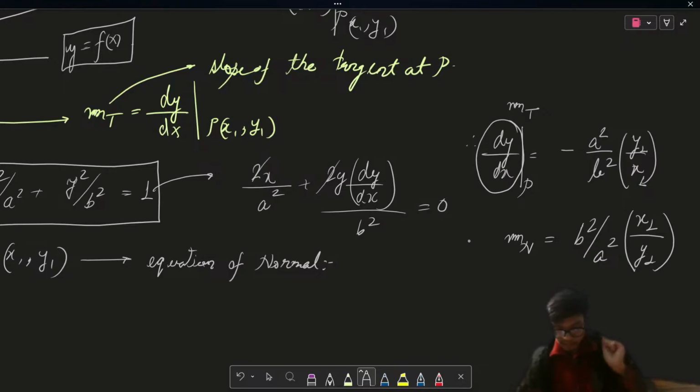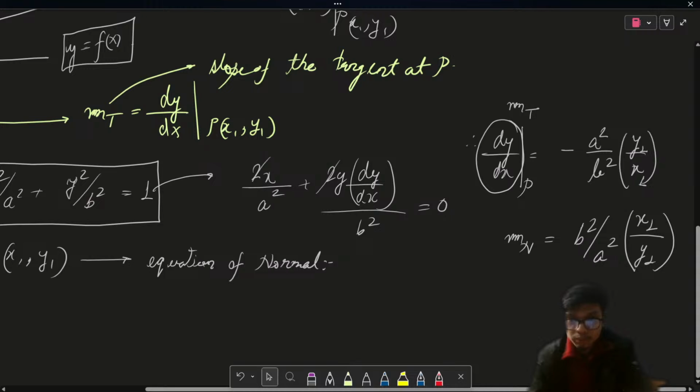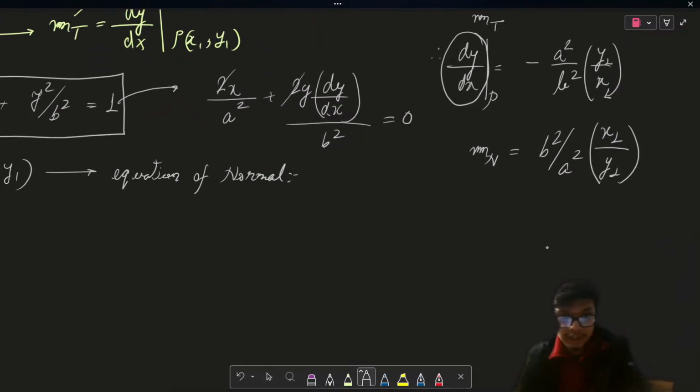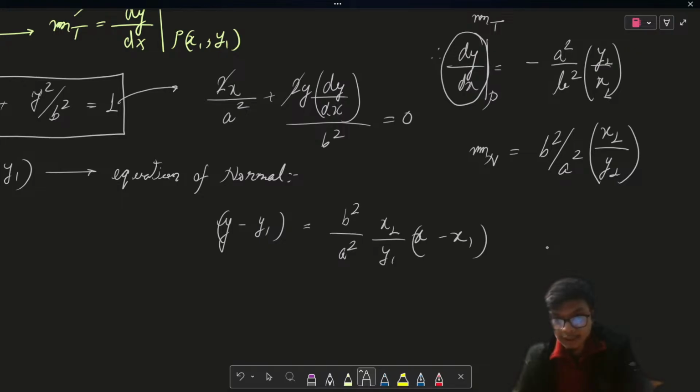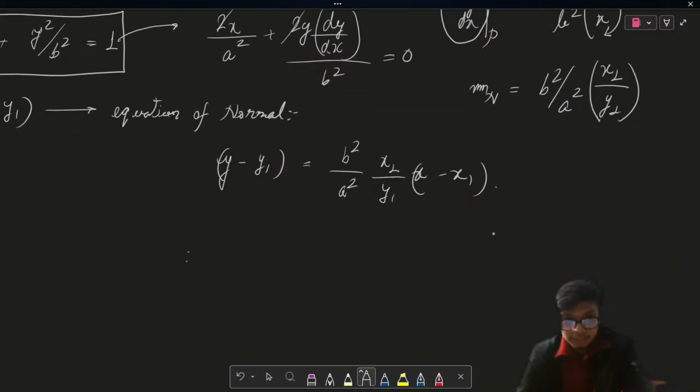Now once I have the slope of the normal, I can easily formulate the equation of the normal as y minus y1 is equal to the slope of the normal, that is b square by a square times x1 upon y1, times x minus x1. And if we simplify this particular expression, we'll obtain our required equation of the normal, that is